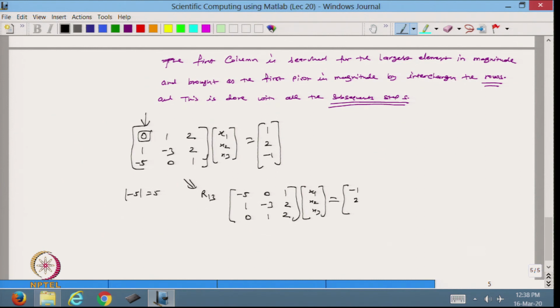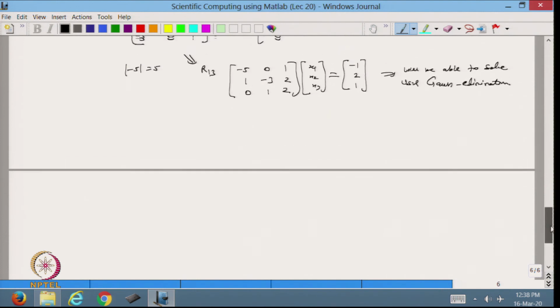So, it will be -1, 2, 1. I am taking this equation there, and now it is the largest element in magnitude here. Now, I can apply my Gauss elimination method, and because it is already 0, it is useful for us. In this case I will find the upper triangular matrix and will be able to solve using Gauss elimination. So, this is called the partial pivoting.